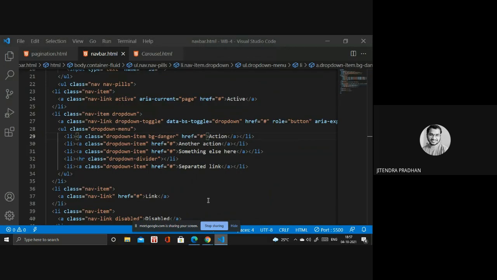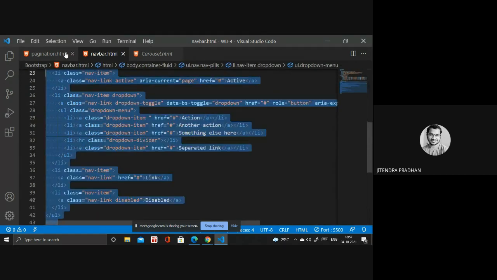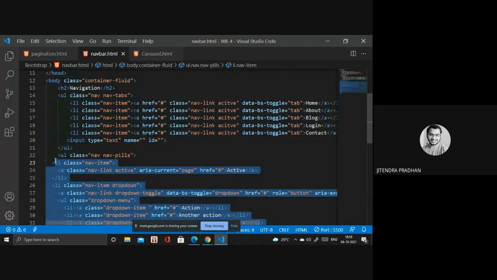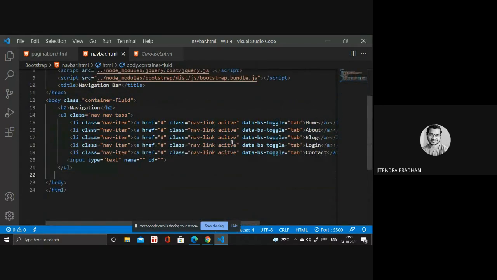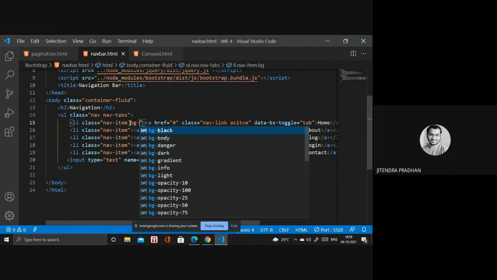That is what we are giving. Okay, if I write the class name, dropdown, we need to clear that but we don't need that part. We're designing our own part. Okay, you have to design it like bg-danger.